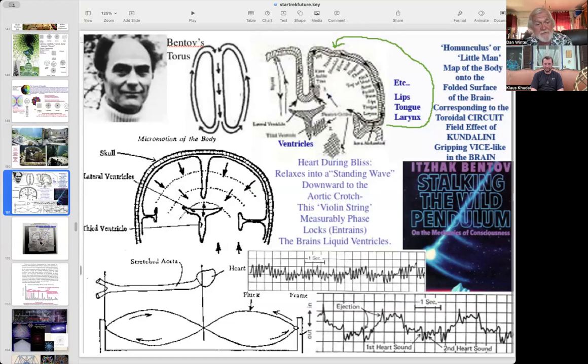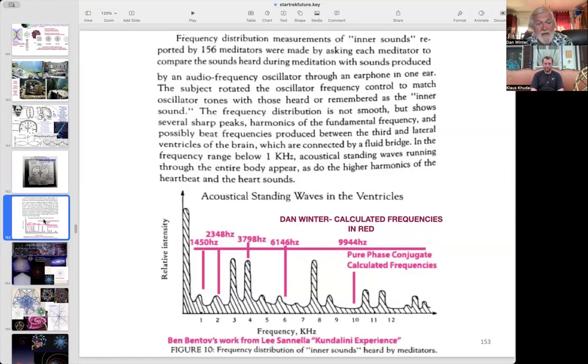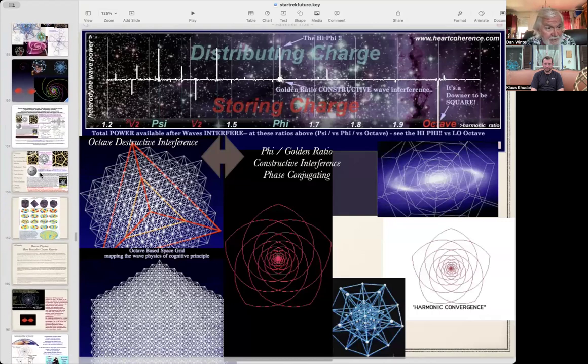goldenmean.info/Kundalini. Do you see how that fits the theme of the day, which is implosive compression generating bliss and peak perception? And even the frequencies of sound, the ringing in the ears heard by meditators as measured by Bentov. And here's the actual calculation of the phase conjugate frequencies of implosion. Okay. And toward the end of this slideshow, just to say,